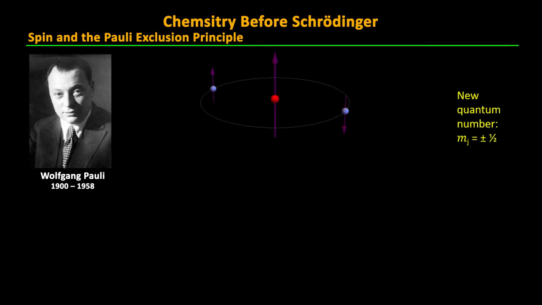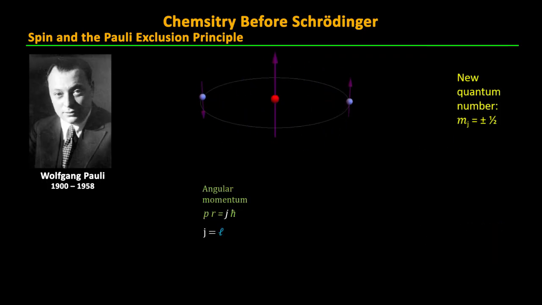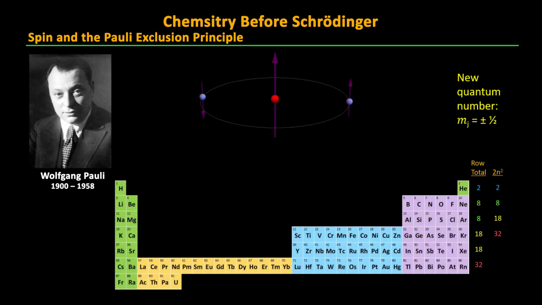When an orbital did have two electrons, the plus and minus 1/2 factors in the angular momentum were opposite in sign, so canceled out. But when there was only one electron in an orbital, it could contribute to the total magnetic moment and create this anomalous Zeeman effect. And of course, with two electrons able to occupy each orbital, the periodic table rows of length 2 times n squared made perfect sense.